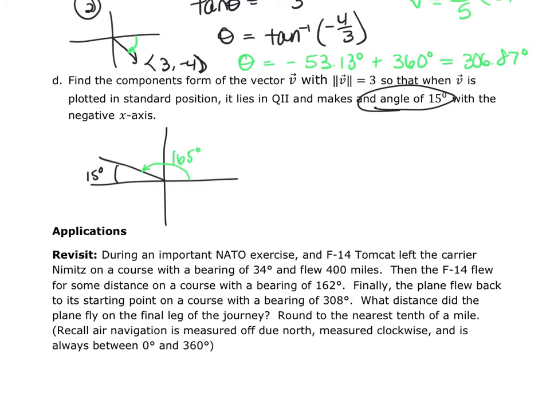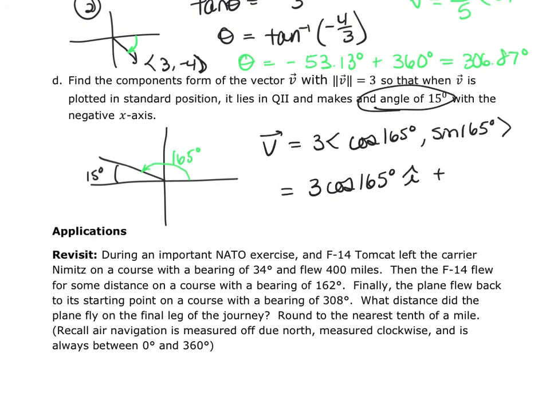We want to find the components. So my vector is going to be 3, bracket, the cosine of 165, the sine of 165, which is going to be equal to 3, the cosine of 165 in the i hat direction, plus 3, the sine of 165 degrees in the j hat direction. Now I can do the equivalent, so I'm going to take the cosine of 165, and I'm going to multiply it by 3. So this is equivalent to negative